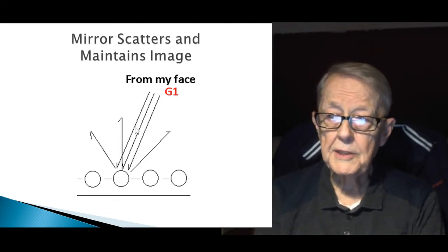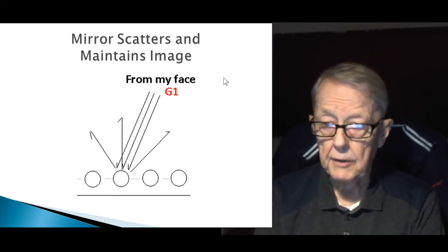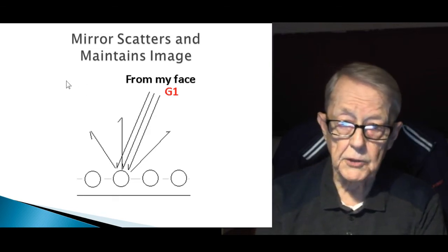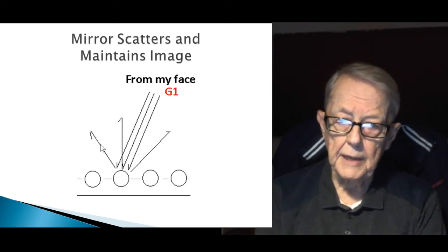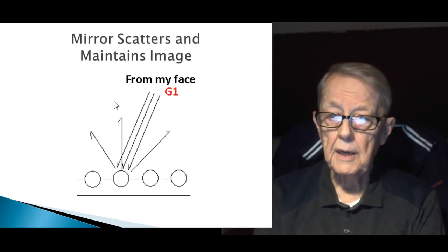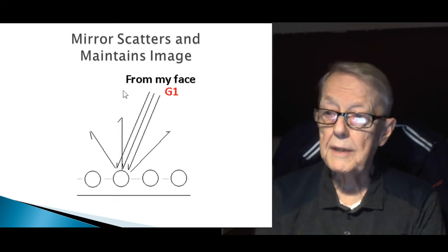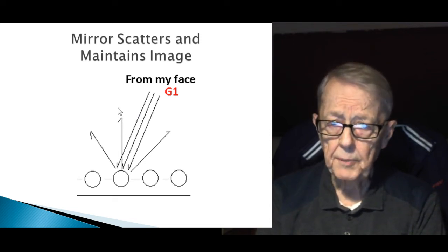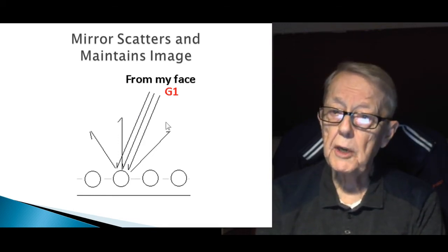Now, the reason it scatters is that if you were standing over here and you looked in the mirror, you could see my face, and the only way you can do that is if this image scatters in this direction. If you were standing over here, the same thing. The light has to scatter in that direction, and you can stand behind me and see the same image that I do, or similar. It scatters, but it maintains the image because the